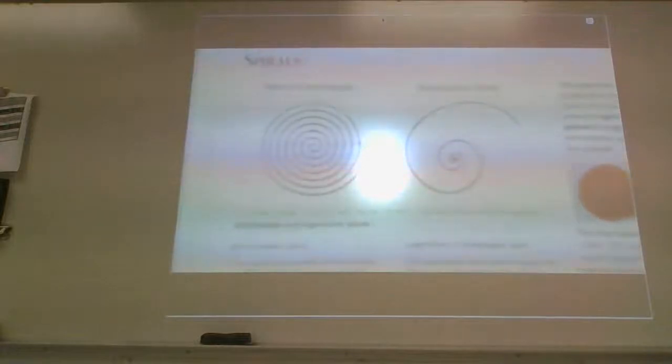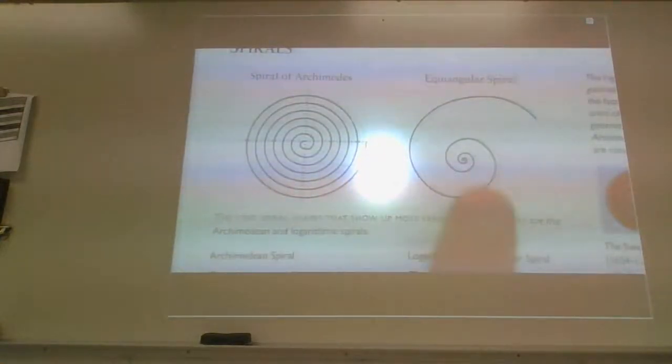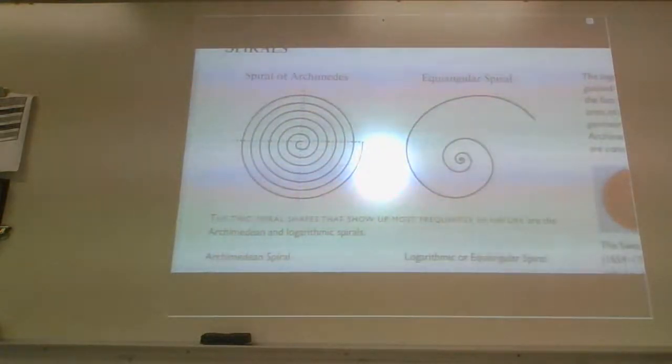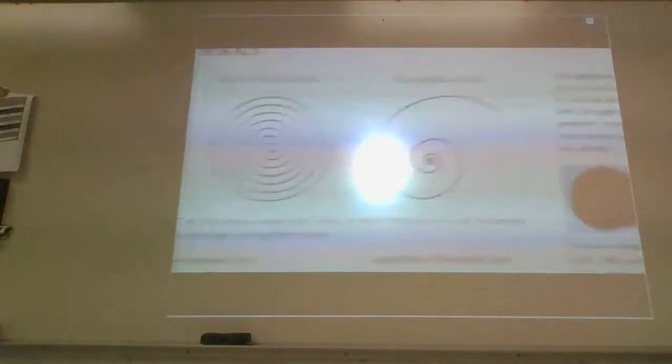So just to show you right here in the book, the one on the left is actually known as the spiral of Archimedes. That's not the spiral that you just created. The spiral that you technically just created was something a bit more akin to this. This is known as the equiangular spiral. And it's something that actually does, like I said, show up in real life. In fact, let me move this over a little bit and zoom in.